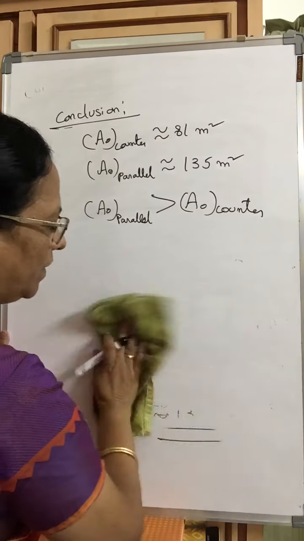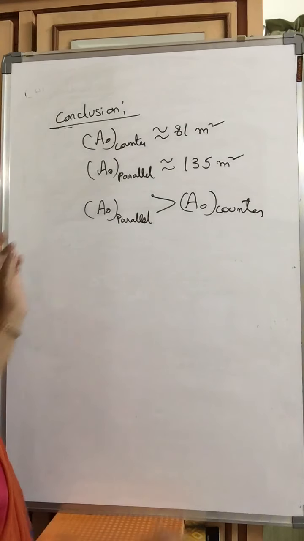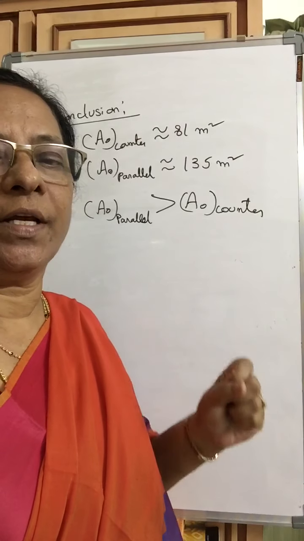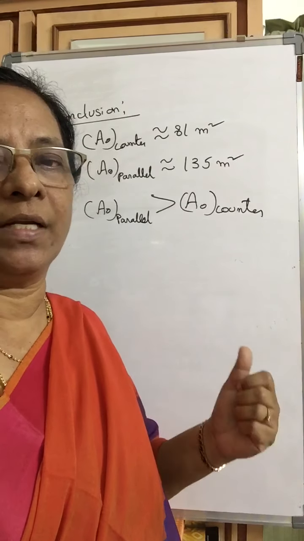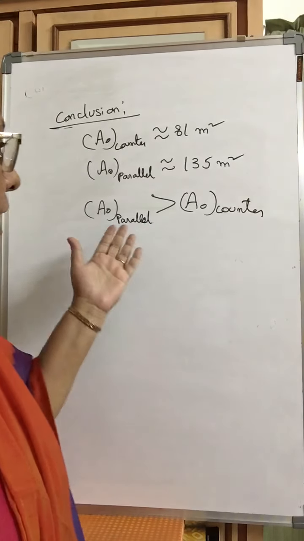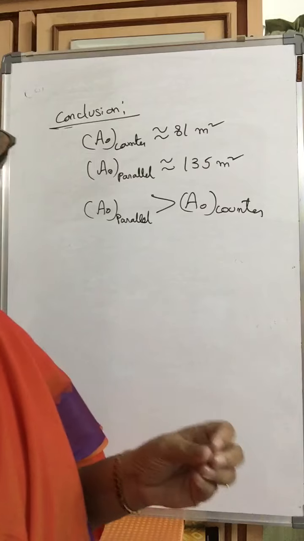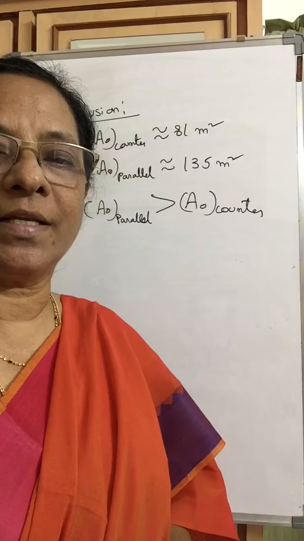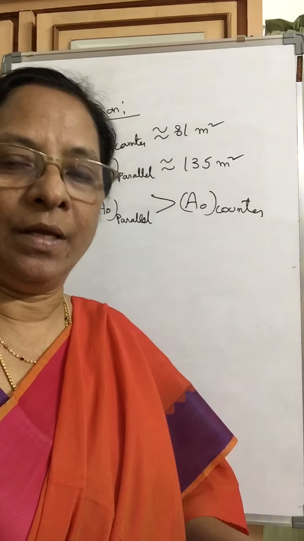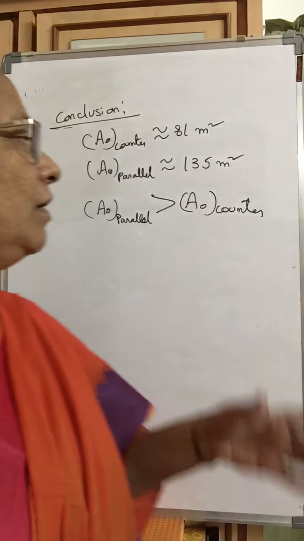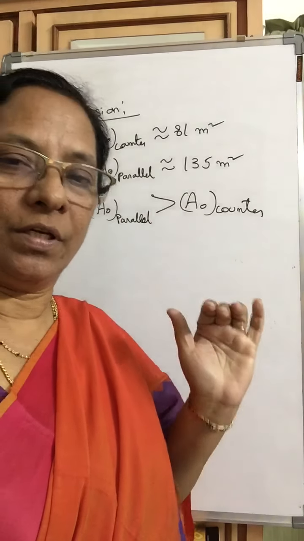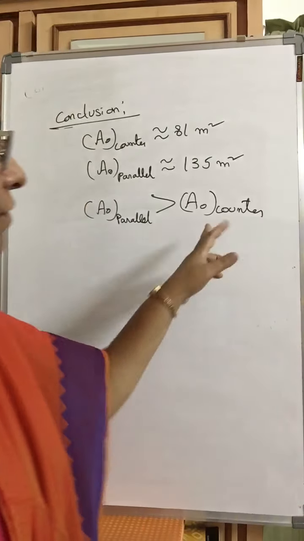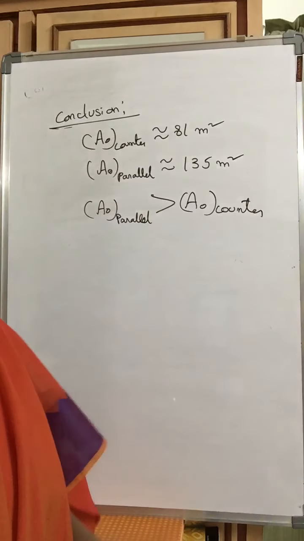What I understand from this, area required in parallel flow is greater than counter, because we know that counter current is more efficient, more rate of heat transfer will take place in counter. That's why area required is less. Area required is less means material of construction will also be less. Area required is less means number of tubes can be reduced, like that. So counter flow we can have with small size heat exchanger, we can have a greater value of Q. So counter flow is always good compared to the parallel flow.